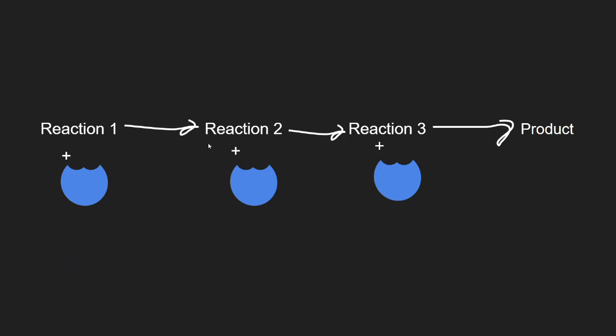a series of reactions, like reaction 1, reaction 2, reaction 3, and a product. And this is like a biological pathway in the cell. Each of these reactions have their enzymes. And for each of these enzymes, you'd have to predict what would happen if an activator or inhibitor were added. So, for example, if we added an activator to this enzyme, that would improve this enzyme's function and cause more of the product to be created. If we had an inhibitor over here, that means that this enzyme is inhibited, this reaction is reduced, meaning less